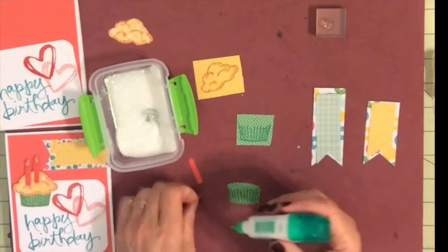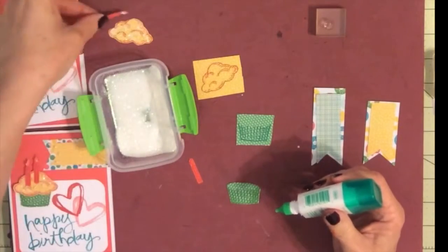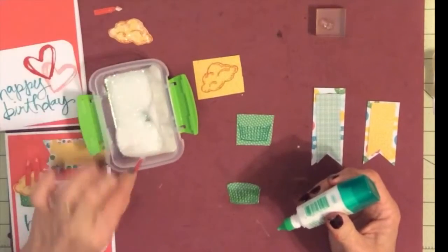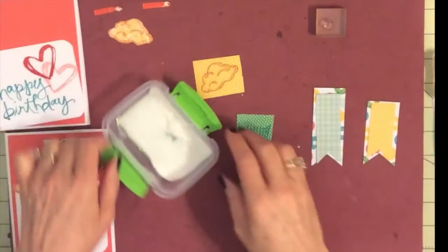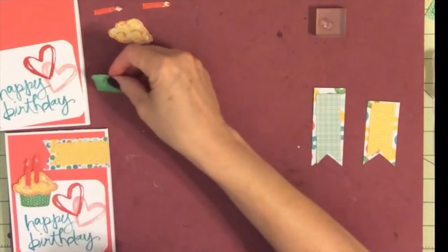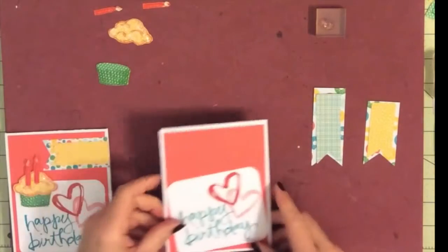And then we're going to do the same thing on these candles. We're just going to give it a little bit of glue and a little bit of the Dazzling Diamonds and let that start to dry as well. So we're going to set that aside. All right, so we'll put these to the side, and these will be ready to go here in just a couple of minutes. So while those are drying, let's bring our card base back over here,